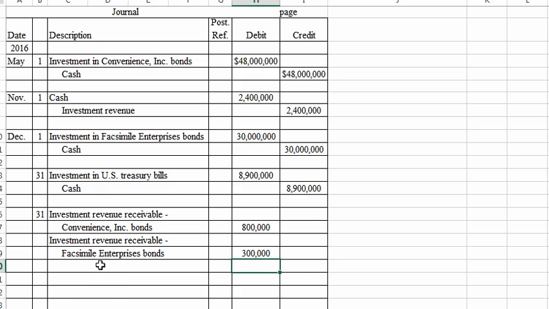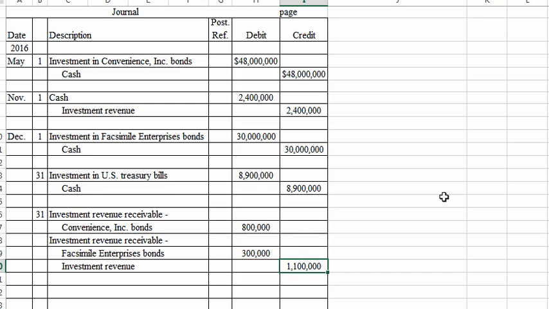And then our credit is going to be to investment revenue. The revenue was earned in 2016, so we want it recorded here. Equals our $800,000 plus the $300,000,